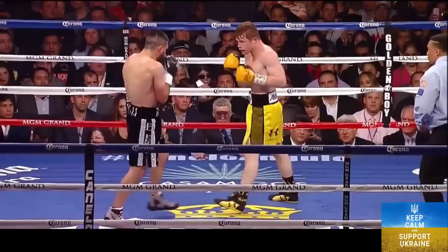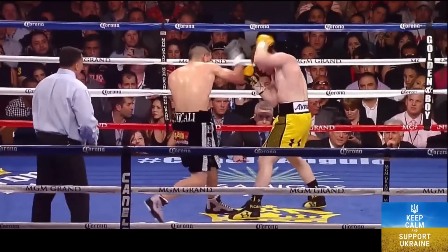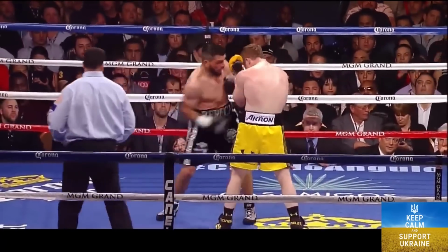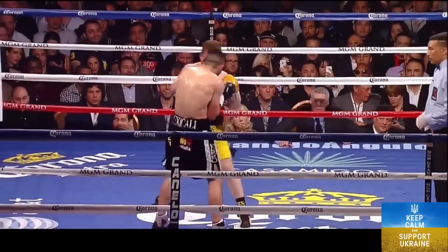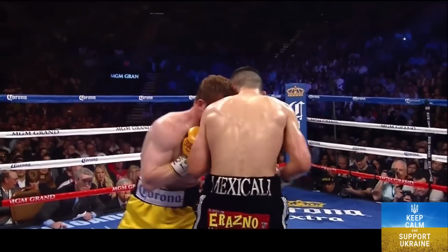And the chance of body shot by Canelo. Right hand blocked, and Canelo blocks both of those right hands from Angulo. Long distance right uppercut lands. The rights to the body and lefts to the body, not getting there for Angulo. Nice 1-2 combination, and Canelo continues to put the pressure on El Perro. Comes back, but Canelo